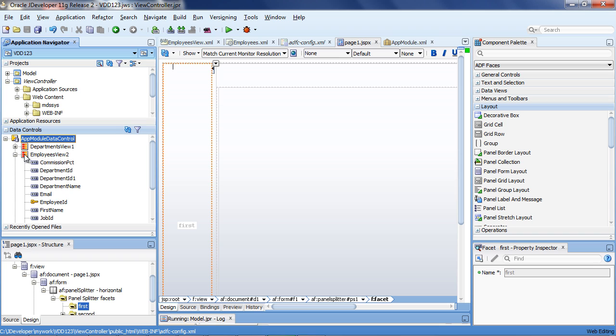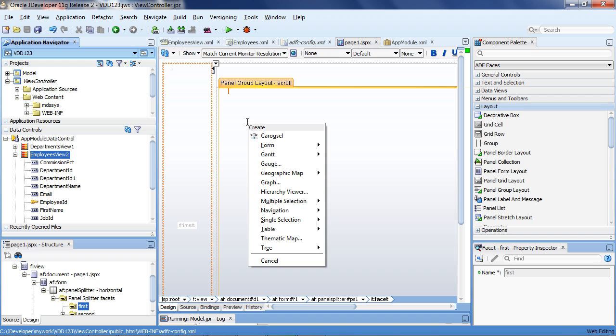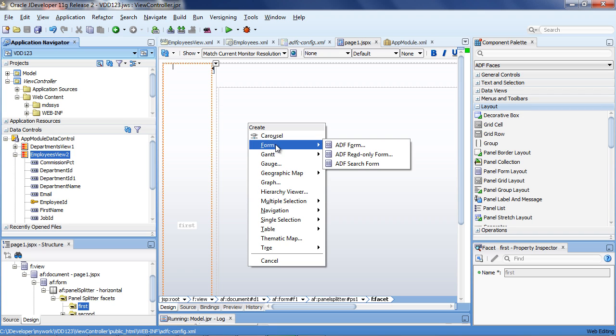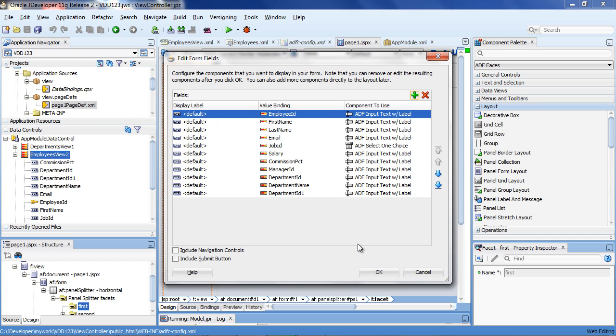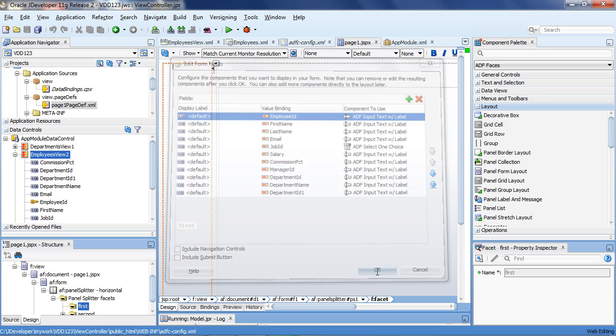So for example, if I want employees to be shown on this page, I drop it on, and this way JDeveloper offers here are the visual components you could bind this page to: a read-only form, a search form, or a table. So let's have a form. And there you can see the types of components that will be used by default, and they'll be automatically bound to those components or business data elements or attributes that we created earlier.